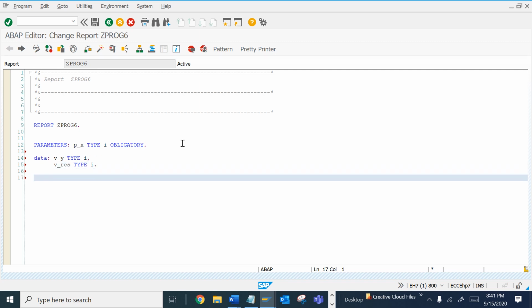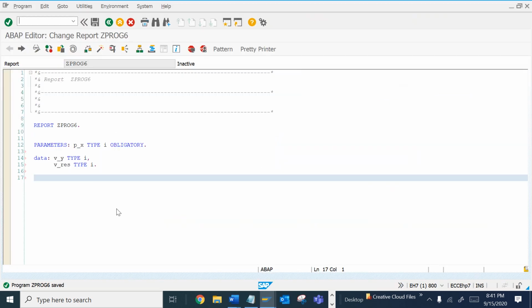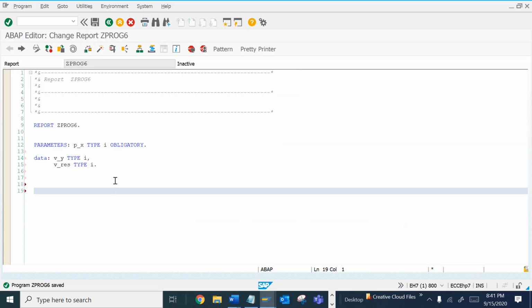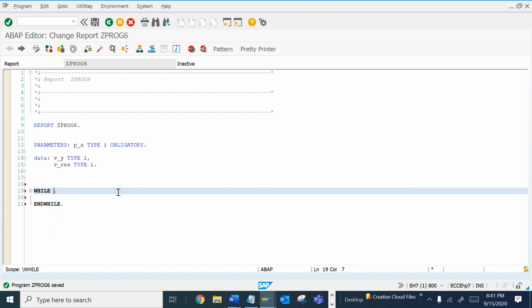Now we will do all these operations with the help of our looping statement. First statement we will use is WHILE and ENDWHILE. So we have to put a condition here because we want to make a loop or iteration from 1 to 10, and it should be incremented by 1.